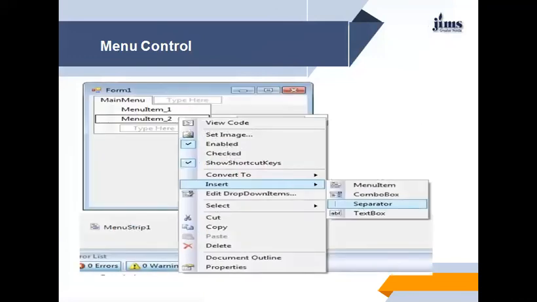Here in the main menu, you create menu item 1 and menu item 2, and when you right-click and press Insert, you also find a separator. The separator separates the menu items.